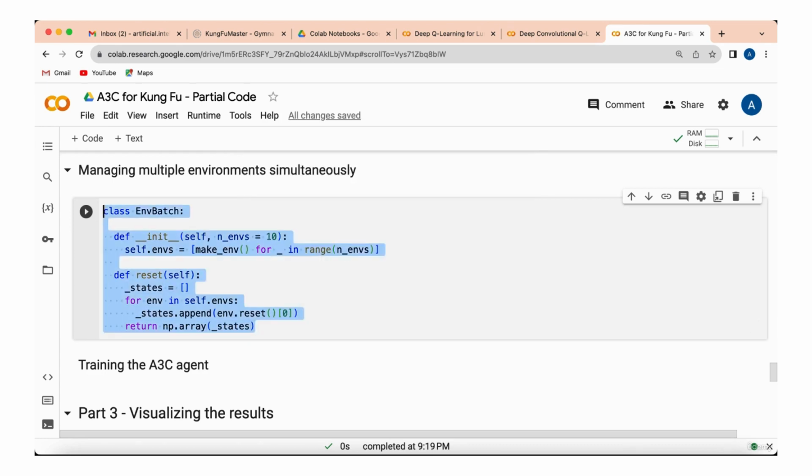We are now done with the first two methods of this env batch class. We still have a third one to implement, but we'll do that in the next tutorial because it is a bit longer. So let's recharge a bit in energy, and once you're ready, well, join me in that next tutorial